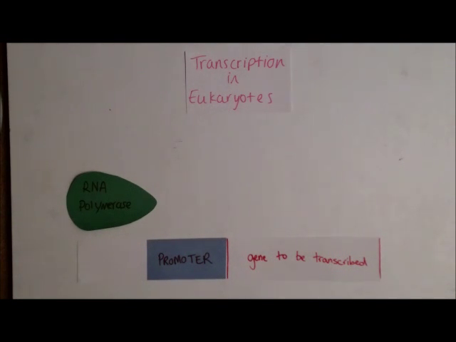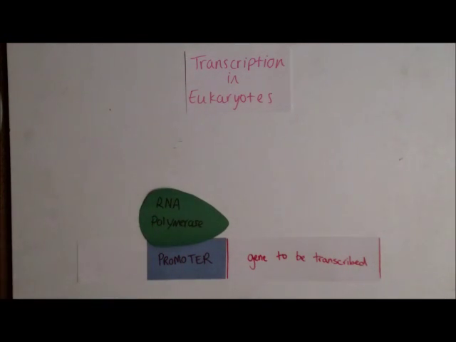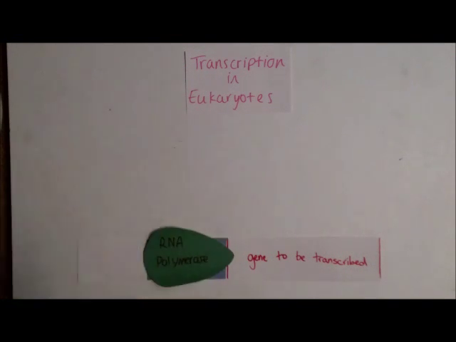Transcription in eukaryotes. First, RNA polymerase binds to a section of the DNA adjacent to the gene to be transcribed, called the promoter region. Only when the enzyme attaches to the DNA needed will transcription proceed. However, the gene will remain switched off until a regulator protein attaches to the site also.